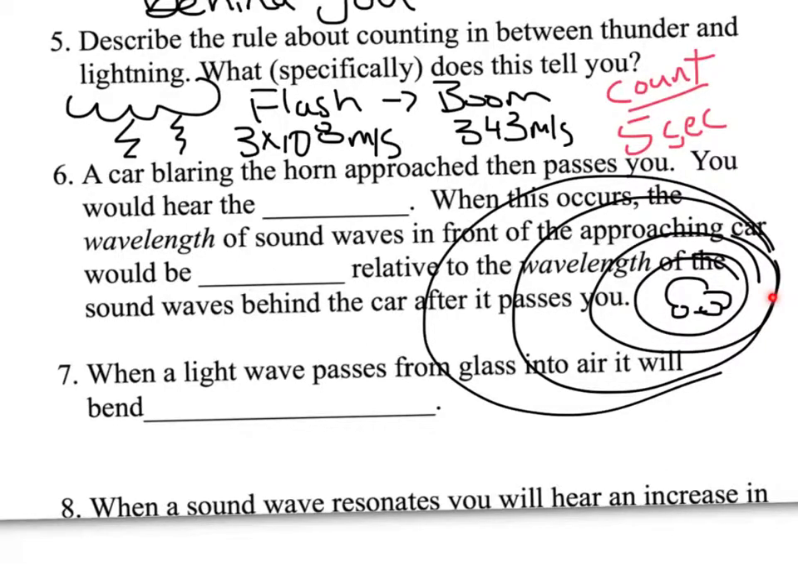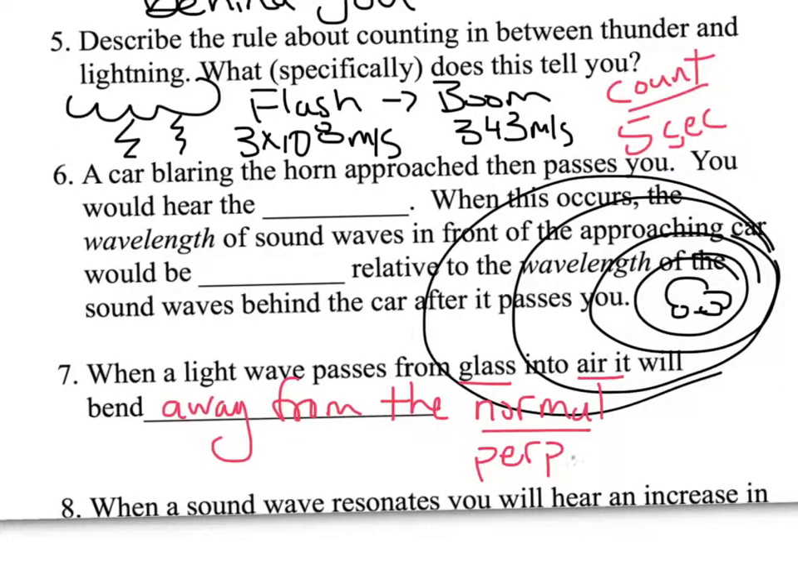7, this question's a little vague. When a light wave passes from glass into air, it will bend, and it will bend towards the normal. Let's see, from glass into air, that is wrong. It will bend away from the normal. Normal means perpendicular. I'm going to abbreviate perp. But from glass into air, so it would be like